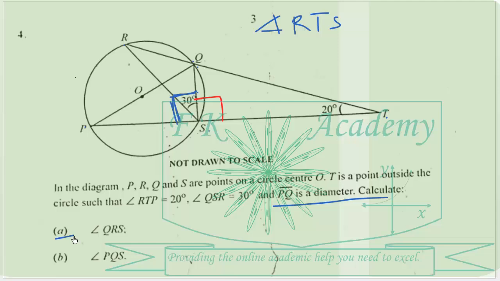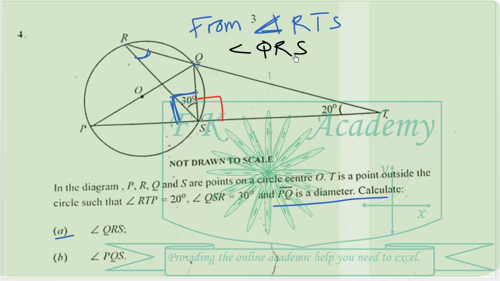So angle QRS, this angle QRS, the angle here, when we add it to, so from triangle RTS, angle QRS